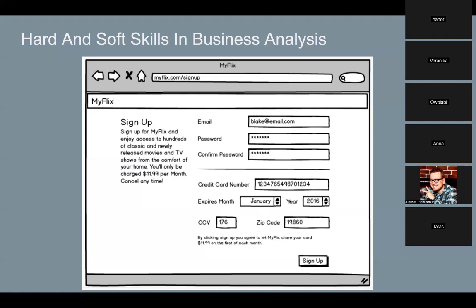And if they enter something incorrectly, we will again highlight those fields and show an error, and the sign up button will be locked until all the mandatory required fields are completed. So what do you think about this? What should I also add here? Do you think it's good to go, or should we do something about this?